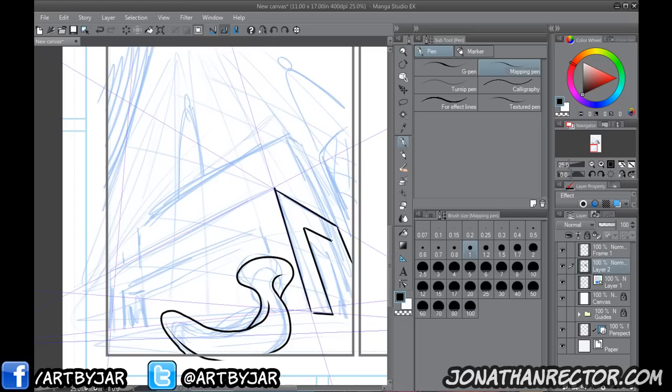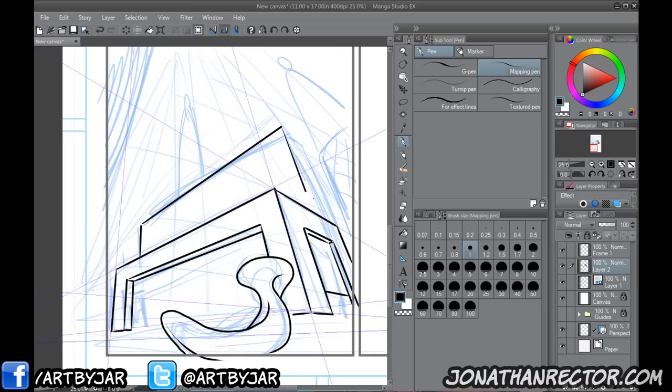And don't be afraid to change your lines up a bit in this stage, because hopefully your gesture wasn't 100% correct. And I say hopefully because you can get all the information you need in a gesture, and you're not meant to spend a whole bunch of time perfecting drawings when you're doing gestures or sketches or just doing thumbnails, right? That's why they're called thumbnails.